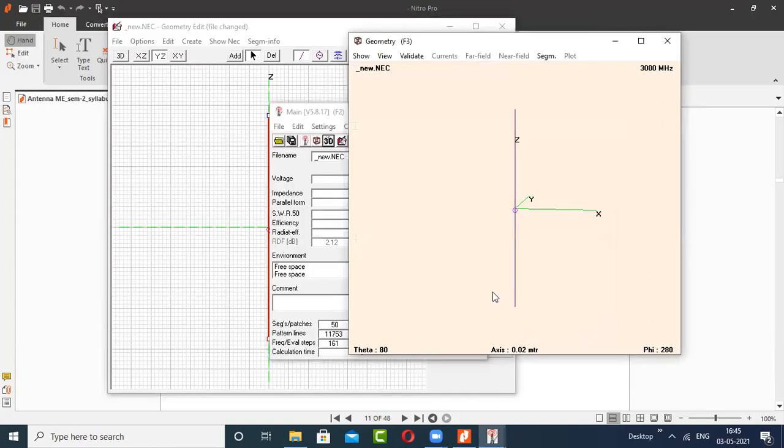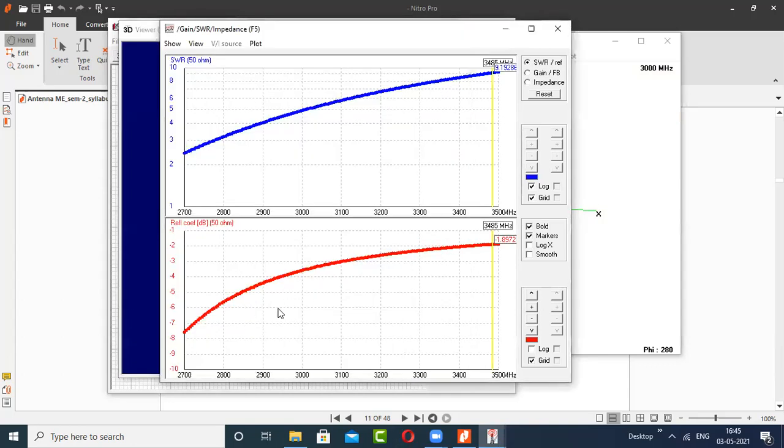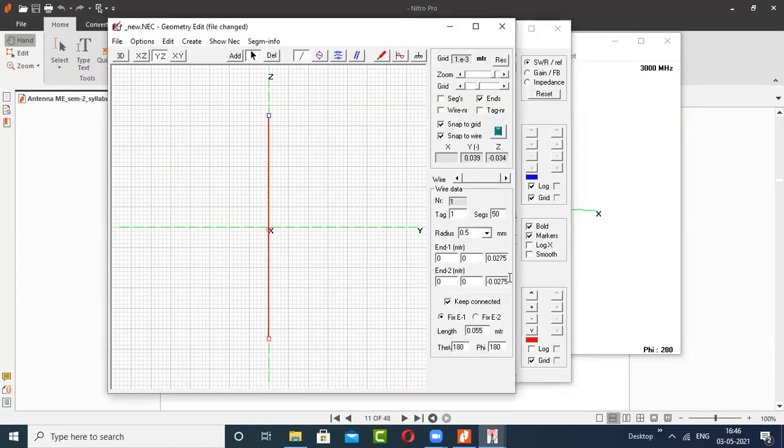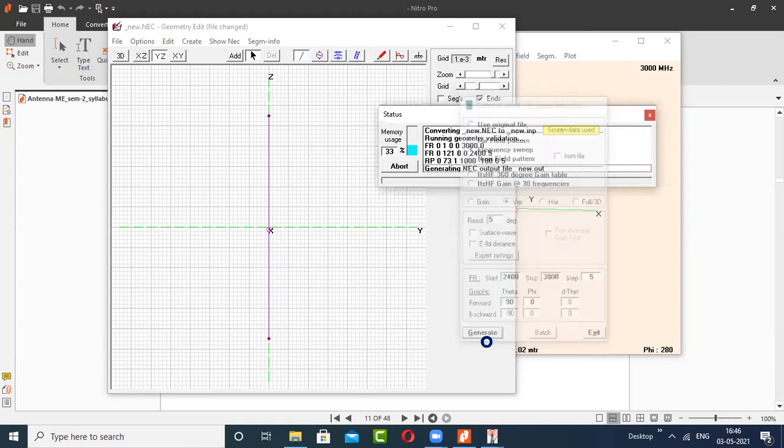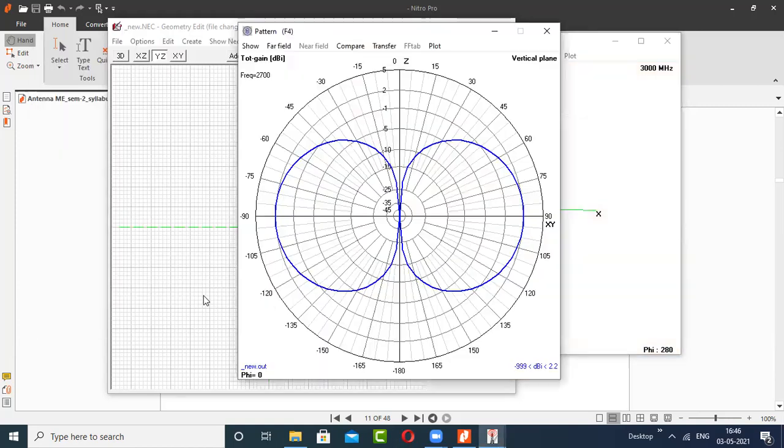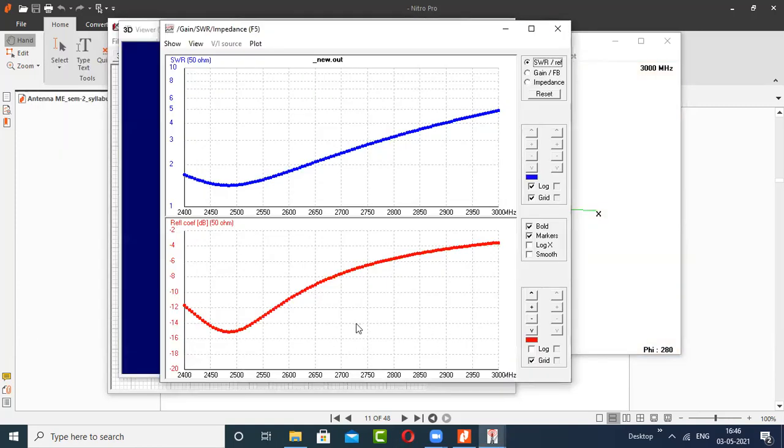So you can see that the response has shifted to the left hand side, because your graph has a falling or decreasing nature on the left hand side. So I will change this response. I will make this 2400 and this 3000, and I will resimulate this. Still it is going below.